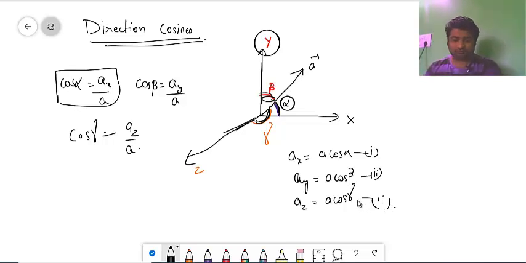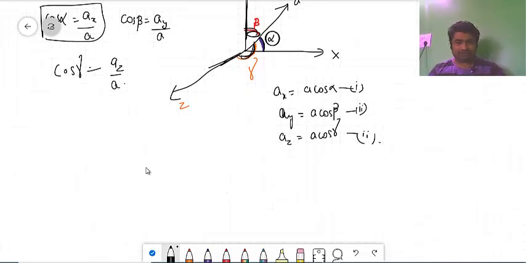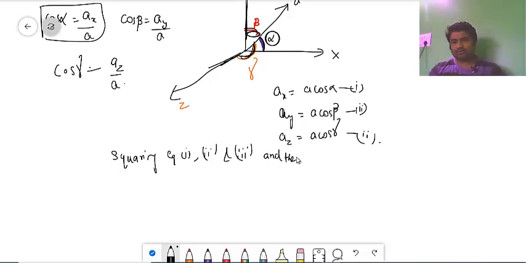Now what we can do is, if I square all the equations and then add them, squaring equations 1, 2 and 3, and then adding, so what it will come, this will become your